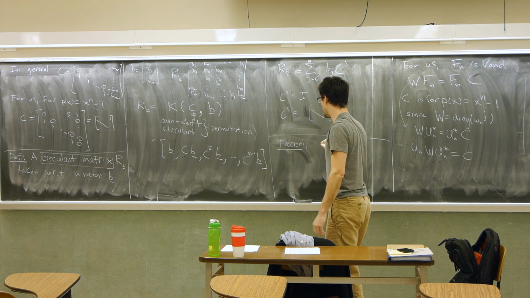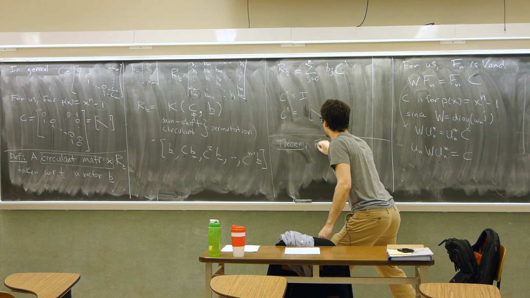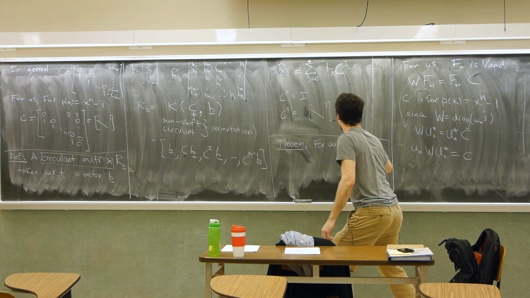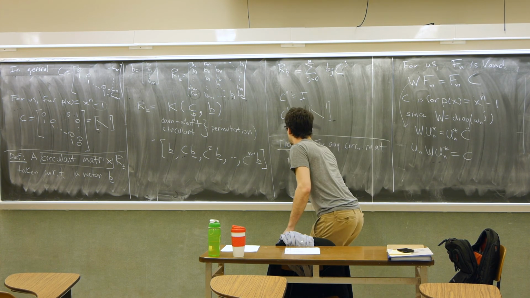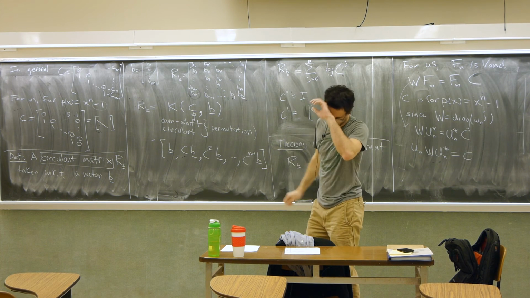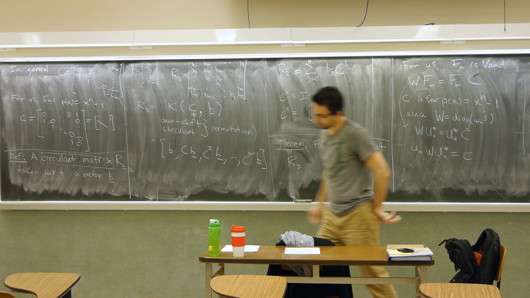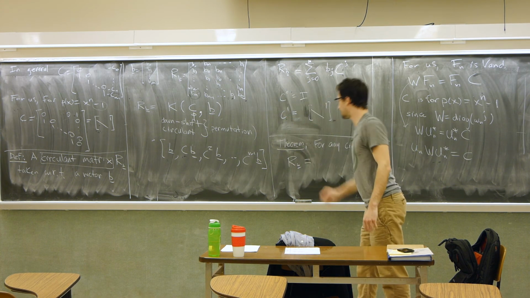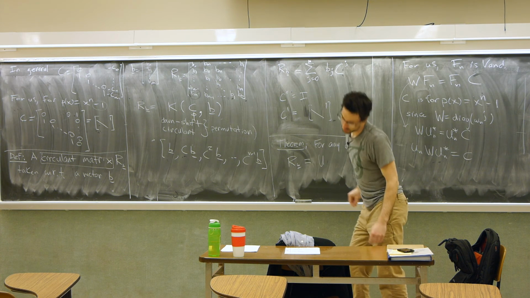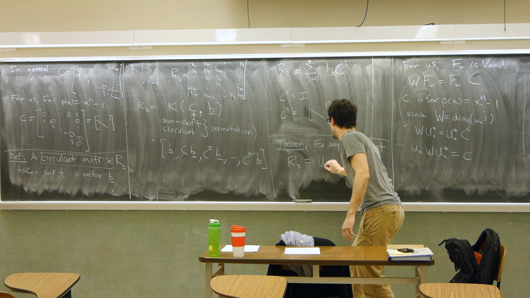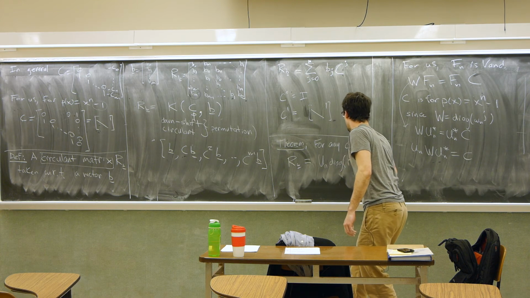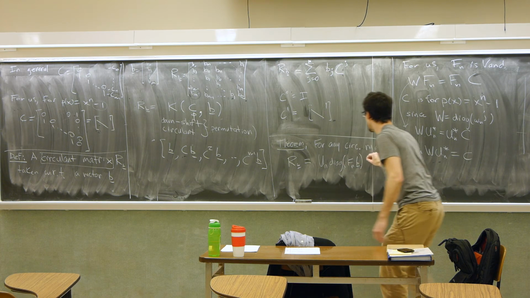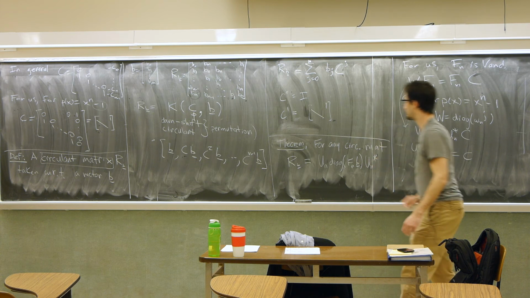So it turns out you can represent any circulant matrix R with respect to some vector, you can think of it as U_n times diag(F_n B) times